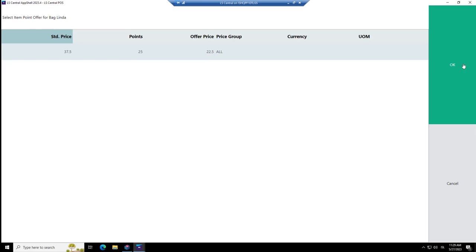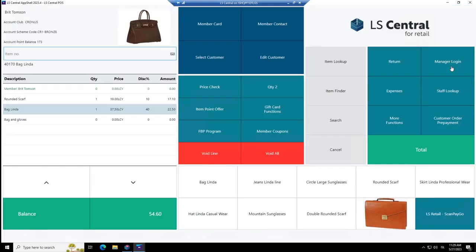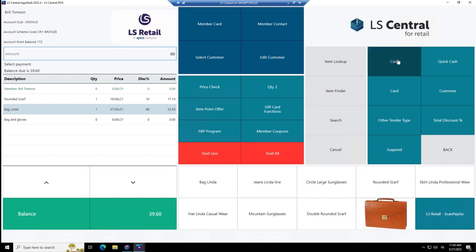If you want to select it, you do OK, otherwise you do cancel. Let's do that this time, and OK. So you see that Britt is now buying the bag Linda with 40% discount, because the discount amount equals to that. And she has this item point offer called bag and gloves. And let's just finish this sale with cash or whatever.